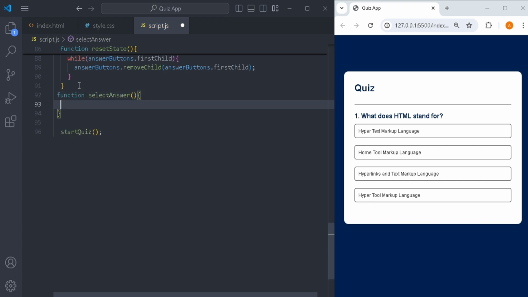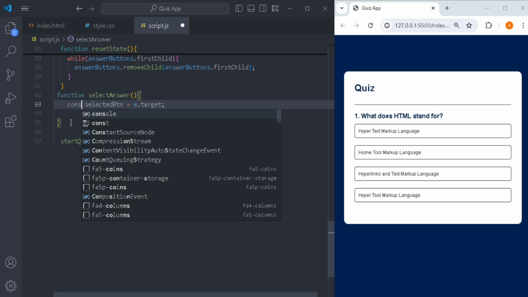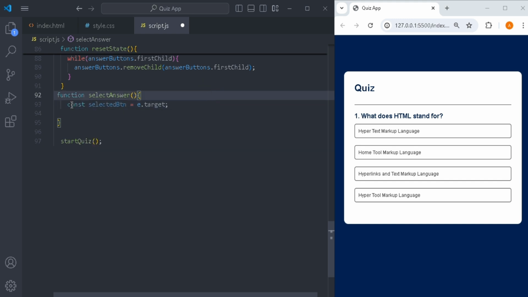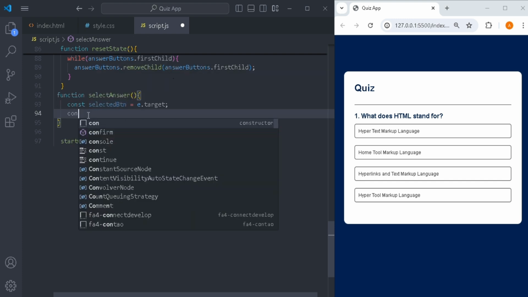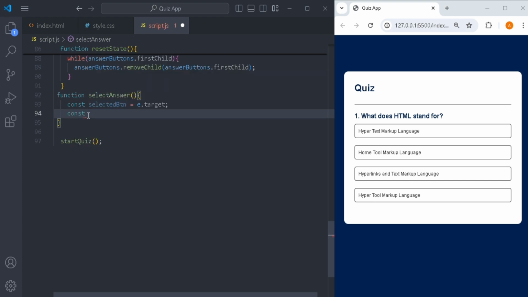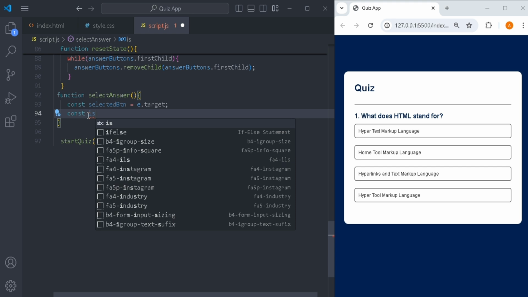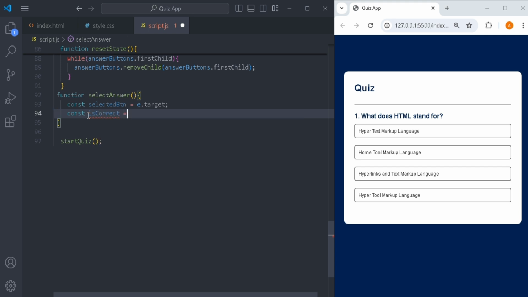And here we will write something like this: selectedBtn is equal to e.target. We will actually make a new variable in this function, so we will write const. So we are actually making this variable selectedBtn. So let's create another variable const, and in this variable we want to check and store if the answer is correct or not. Let's say its name should be isCorrect, and set it equal to